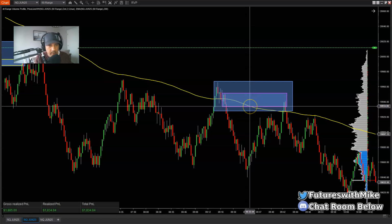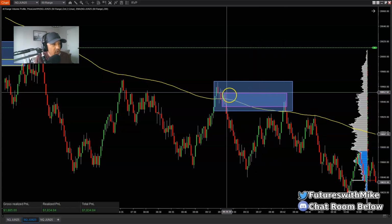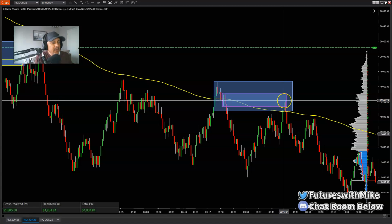It could be demand if we were moving to the upside. But pulling back to this area right here on the inside of the higher base chart, in which you marked the first zone from, okay? You get the rejection, go short. As simple as that. It's not a very complex